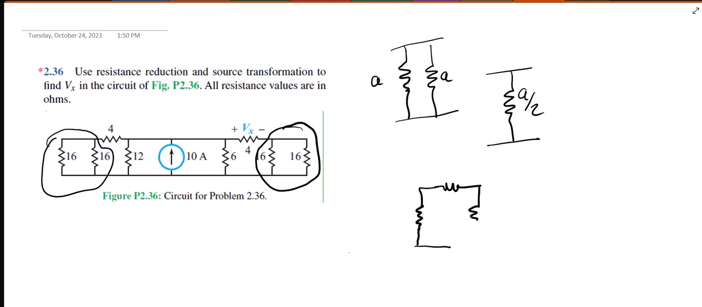So I'm going to draw that. These two 16 ohm resistors are equivalent to an 8 ohm resistor, and I'll leave this middle part alone for now, 10 amps